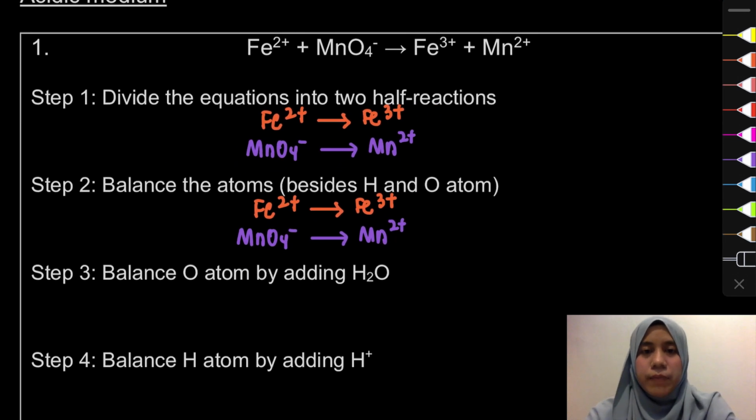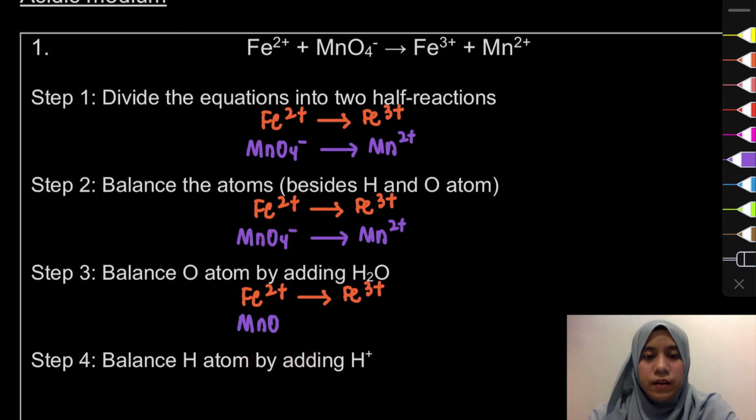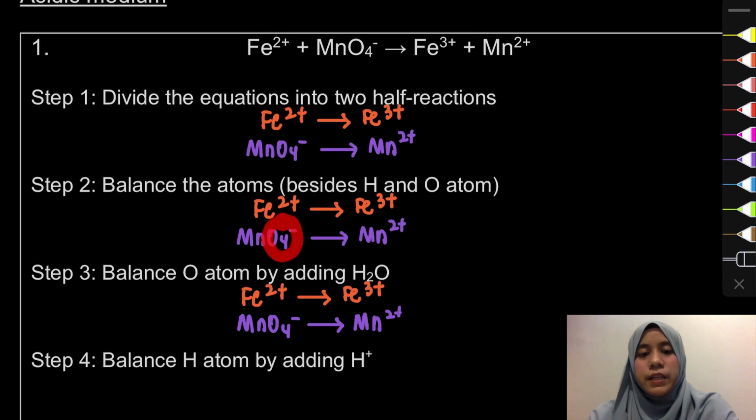Balancing the atom. Next is actually balancing the oxygen. Tapi for the case of ferrum ni, mana ada oxygen on both sides. So, it's fine. Okay, right now kita tengok for manganese pula. Manganese ni, dekat sini kita ada 4 oxygen. Tapi dekat sini, on the product side, we don't have any oxygen. Okay, so how we gonna balance it out? Okay, kita salin je dulu, tapi kita akan tambah satu yang baru. Okay, kita akan tambah